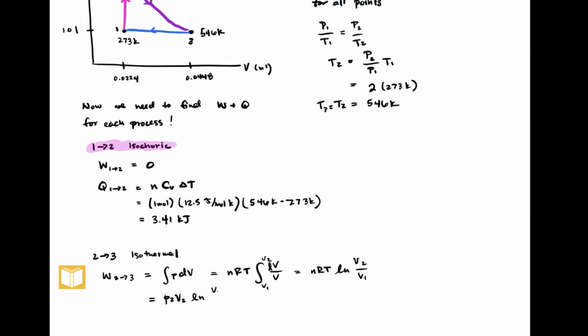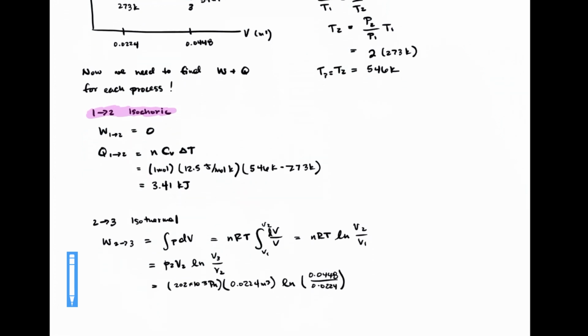Remember, nRT is equal to any PV points along that curve, because they're equivalent, since PV equals nRT, right? So if you have a constant nRT, any P and V that are matched at one point will work. So we know P2 and V2. We could easily have used P2 and V3 as well, but we're just going to use P2, V2. And then we have our natural log of V3 over V2. Because we know those, you can divide these, but really remember it's going to be 2, so natural log of 2. We plug all that in because it's just a ratio. And then we get an answer that looks like,